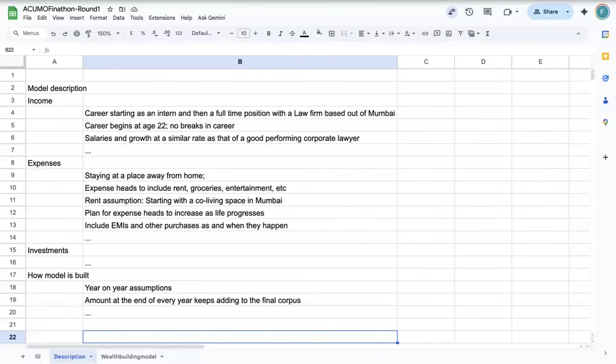I'll do this at the end as well, but we will essentially evaluate entries on the basis of, number one, how comprehensively things have been put together, how well the model has been created, what kind of insights the model is throwing up, and how clearly it is being able to convey the overall plan that is there. So that's the overall picture that is there.